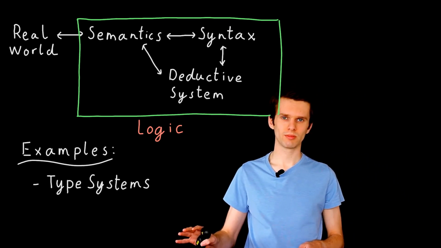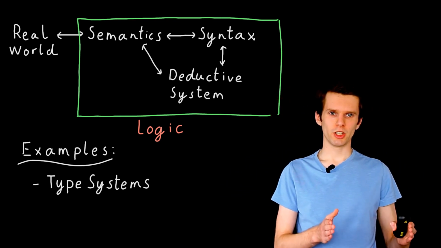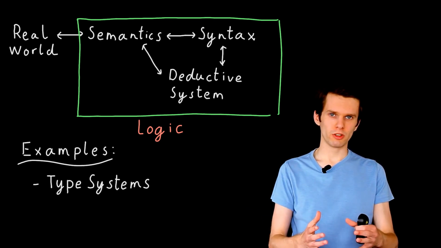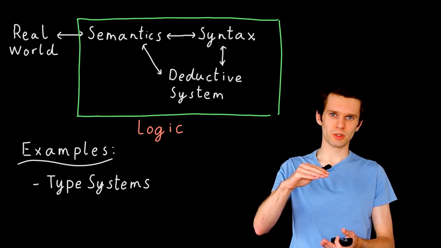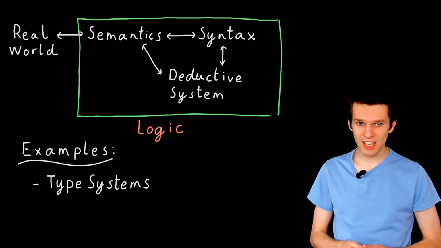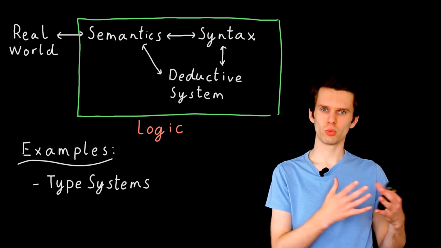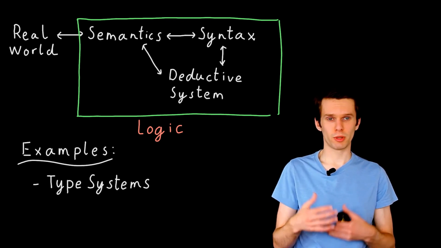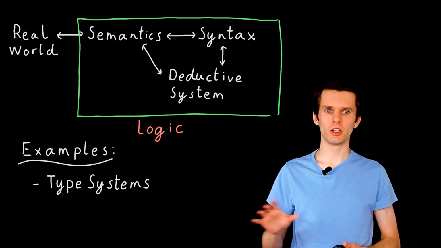Type systems. So when you write a computer program, before compilation in statically typed languages, the compiler will go through your program and check that all your usages of types and functions are consistent. Super simple example, that you're not, for example, passing an integer into a function which expects a floating point number as an argument. If the programmer is in error, the compiler will throw up an error and stop compilation until